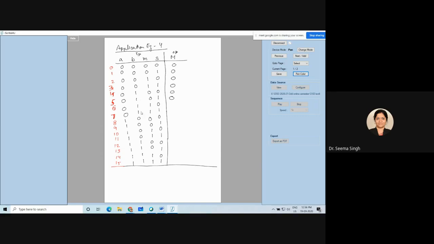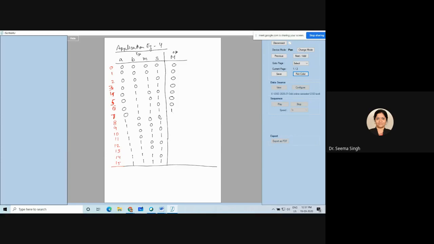Now, next case, one operator is available, material is also available, but your safety switch is not closed. So again, it will be a 0. Next, seventh case, one of the operators is available, material is also available, and the safety sensor switch is closed. So what will be the output in this case? 1. This is a special condition when your motor will be running and the master conveyor belt will be running.